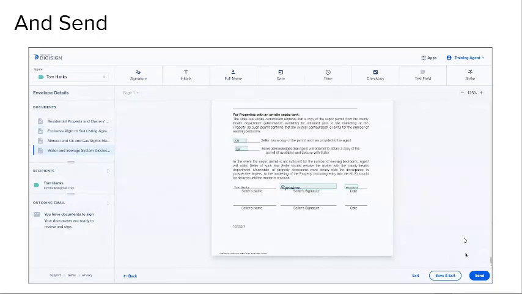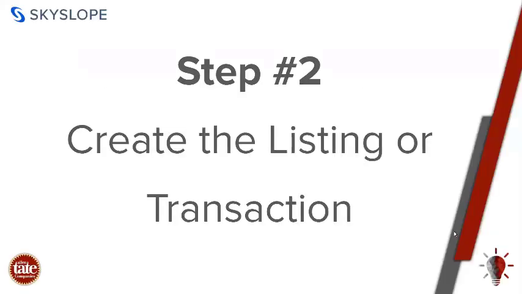And when you're ready to send, once you click on Send, you'll be able to fill out email information. You'll be able to create a subject line as well as a body of the email to go to your clients. When you've completed any forms that are ready to be turned into the transaction processor,